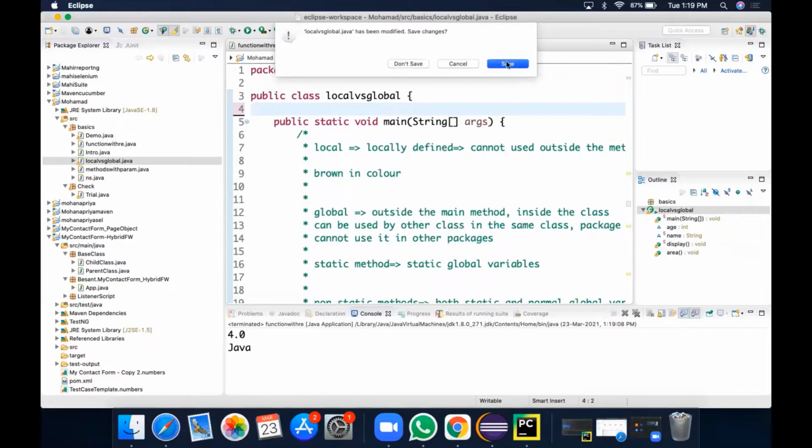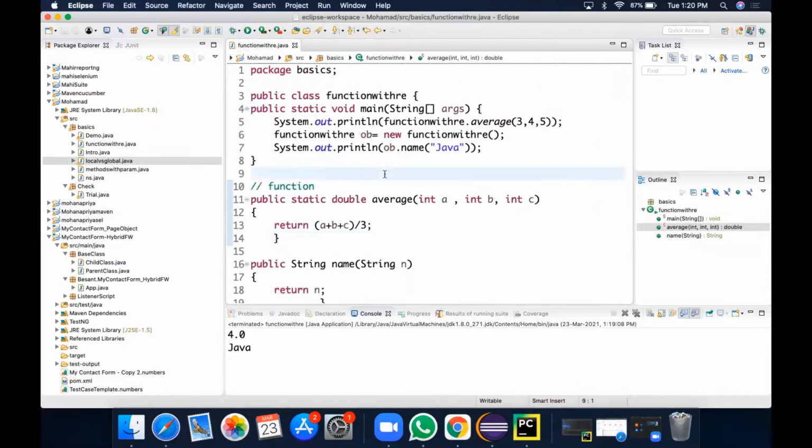So now we have seen function with return type. It is going to give you some value, but it will not print the value, so we will be using the sysout statement. So we have finished methods now. Instead of string, we can use integer, float, character, any data type, and return anything. We have seen function, static method, non-static method, parameterized methods, and how to call them. All these things we have seen.